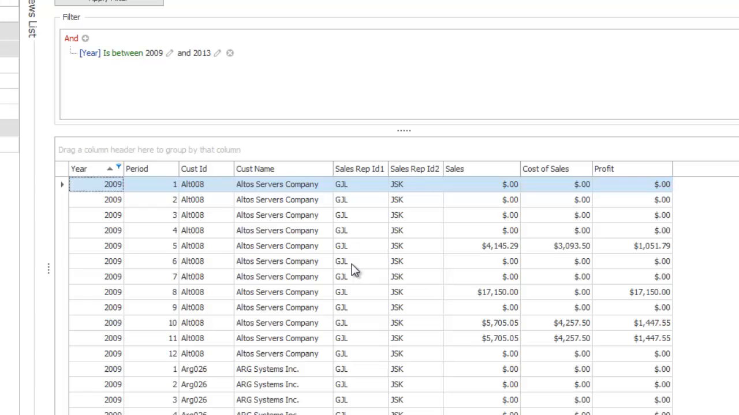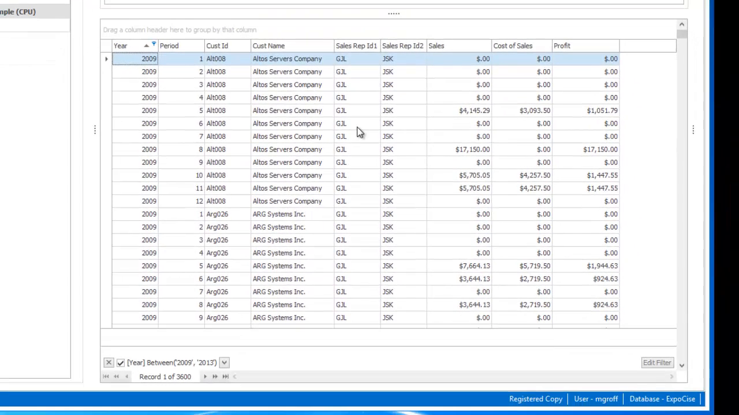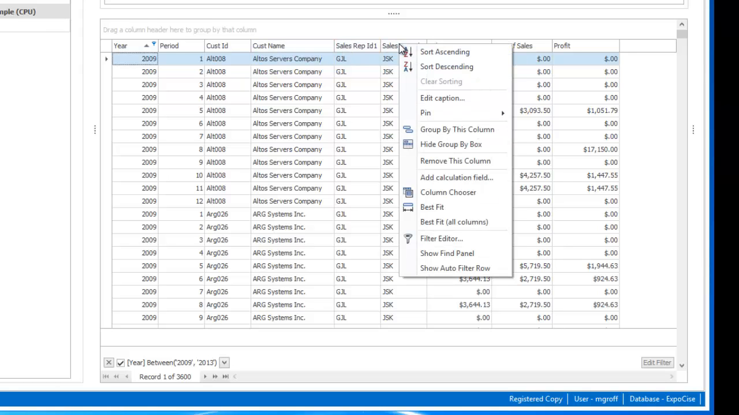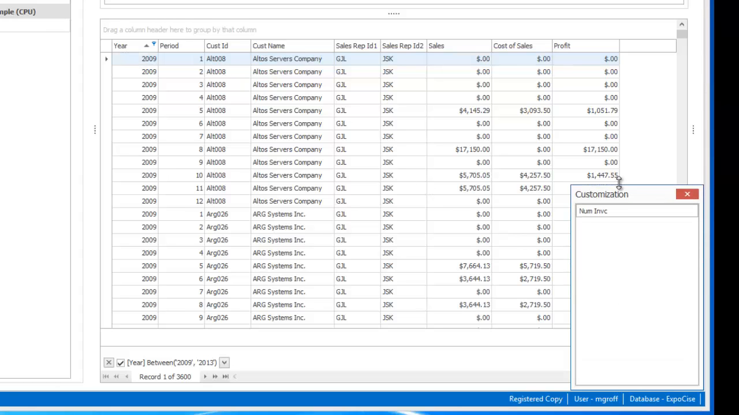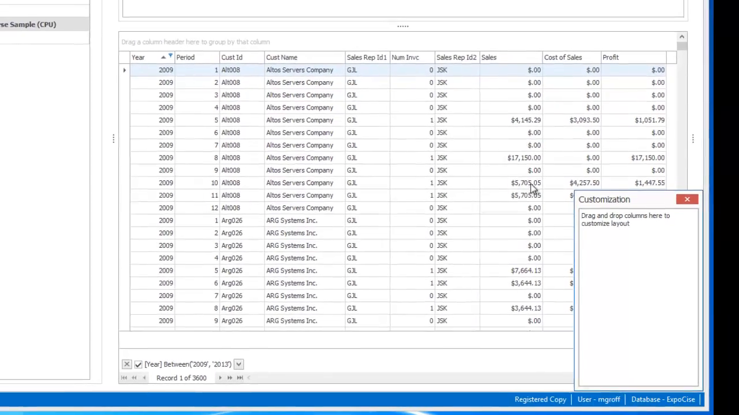If I later want to restore that column to be able to see that data, I simply right click on any column header. That'll open up a context menu, and the one option in there is a column chooser. I do a left click. I now see all my columns that are hidden, if there are any. In this case, we know that we've just hid invoice number, and I can restore it again by simply dragging